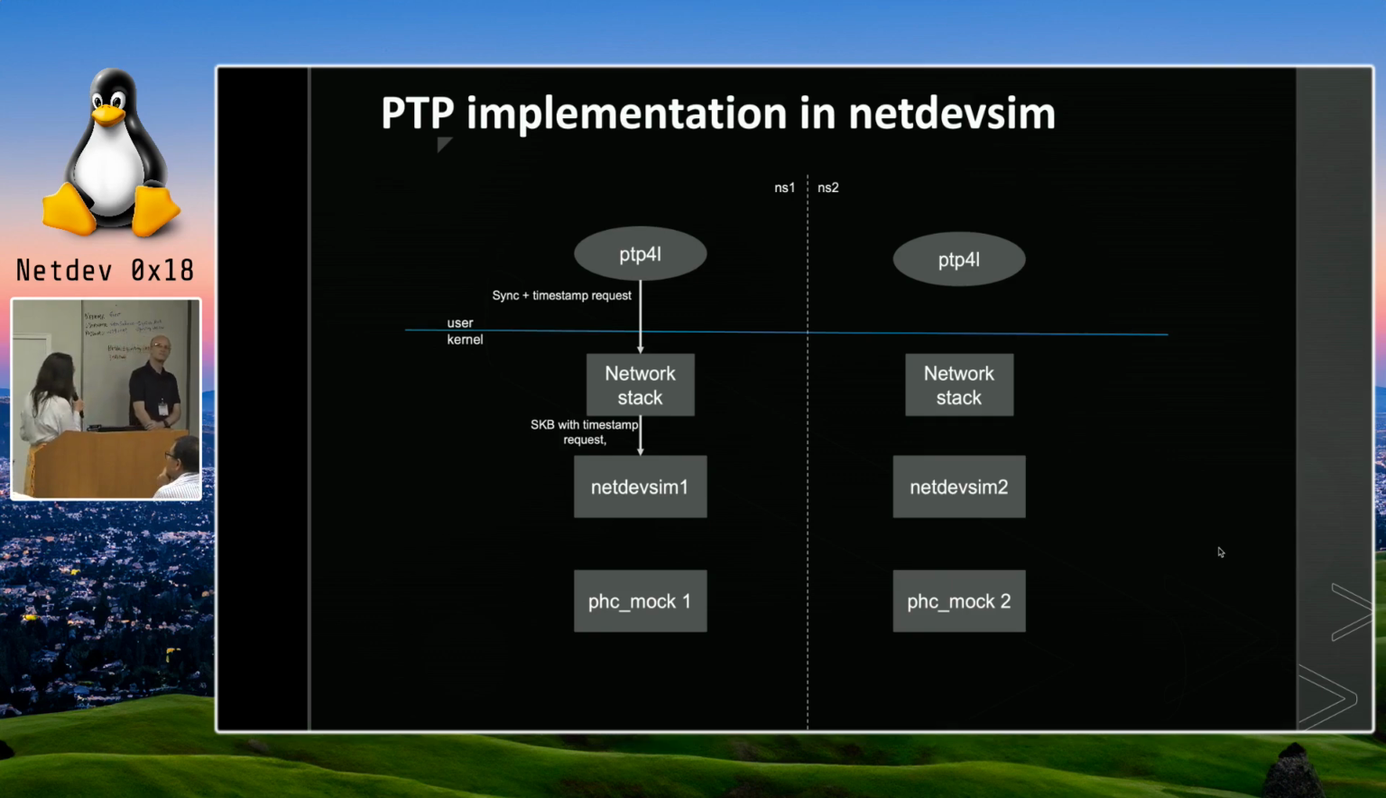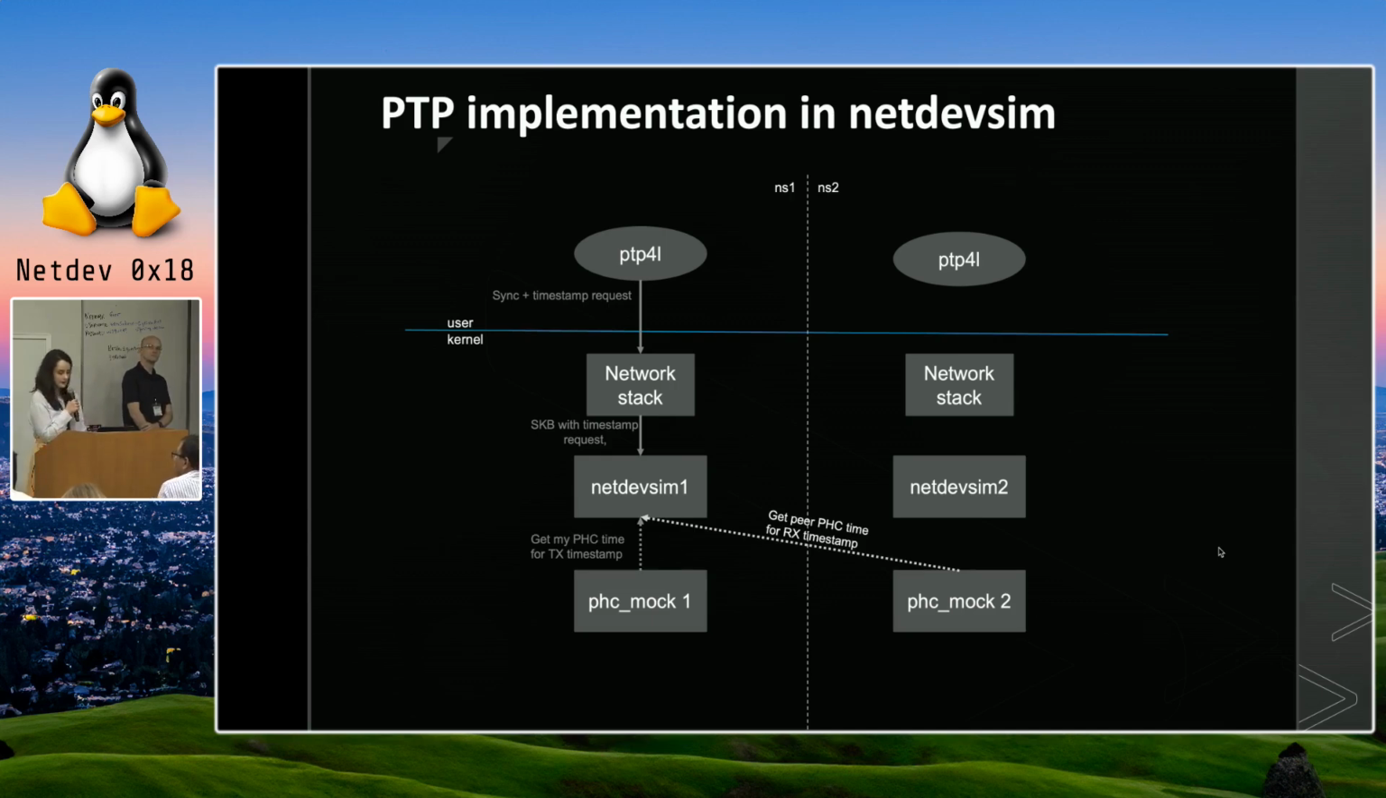And how we are doing that in the Netdevsim implementation. So I am getting the value of my PHC mock. That will be the timestamp value for my application, for my PTP4L. And this value will be the TX timestamp. And also I need the RX timestamp, right? So I'm getting the value of the PHC mock2, which is my peer PHC, and provide it back to the